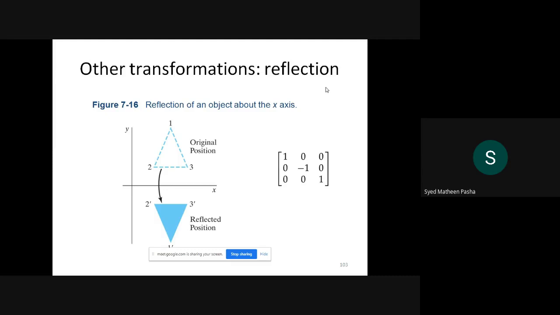Shashank, are you there? Yes, sir. Shashank, tell me what is reflection? No idea. Okay. Rajesh, can you tell me what is reflection? Rajesh. Ishanya, if you are there, can you tell me what is reflection?